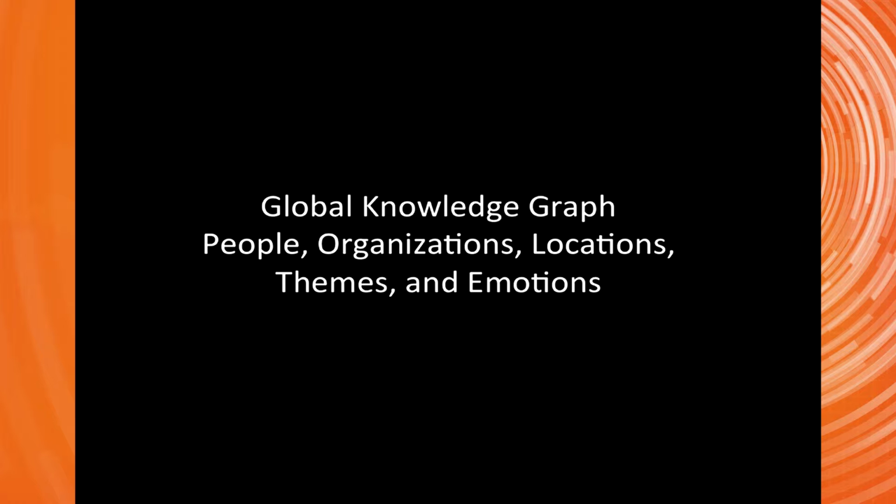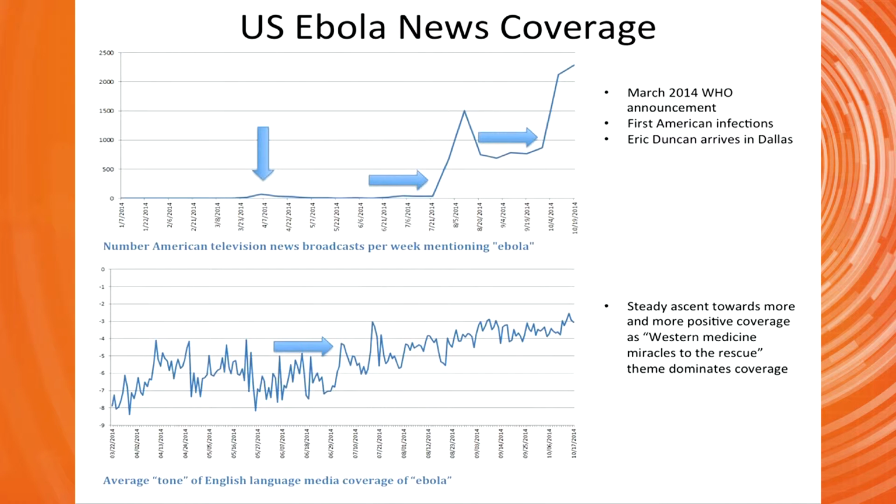So of course you have this event data, so what's physically happening around the world. But what's often interesting is you just want to know about media coverage, for example. This top graph uses the television collection that Roger was talking about. So this is the number of mentions in television news that they monitor about Ebola. And so you can see, for example, that thousands of people are dying in Africa, zero coverage. It wasn't until the WHO says now we have a real crisis here, and just a little blip. It wasn't until the first Americans get it that, oh my God, we're all going to die, and this is actually newsworthy now. And this tells us something really important about what Americans are thinking about what's happening over there,